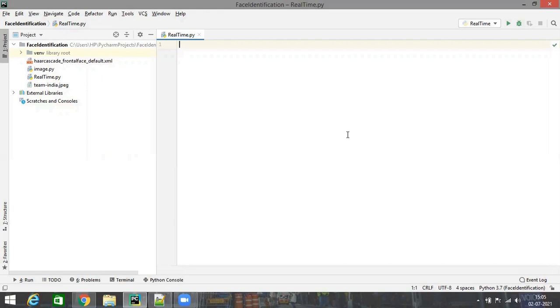In order to do that, first of all, we have to import the OpenCV module. We'll do that with the help of import cv2. Next, we have to get the Haar cascade classifier file, the pre-trained classifier file that consists of the face features. And that cascade classifier file is available to us in a GitHub repository.